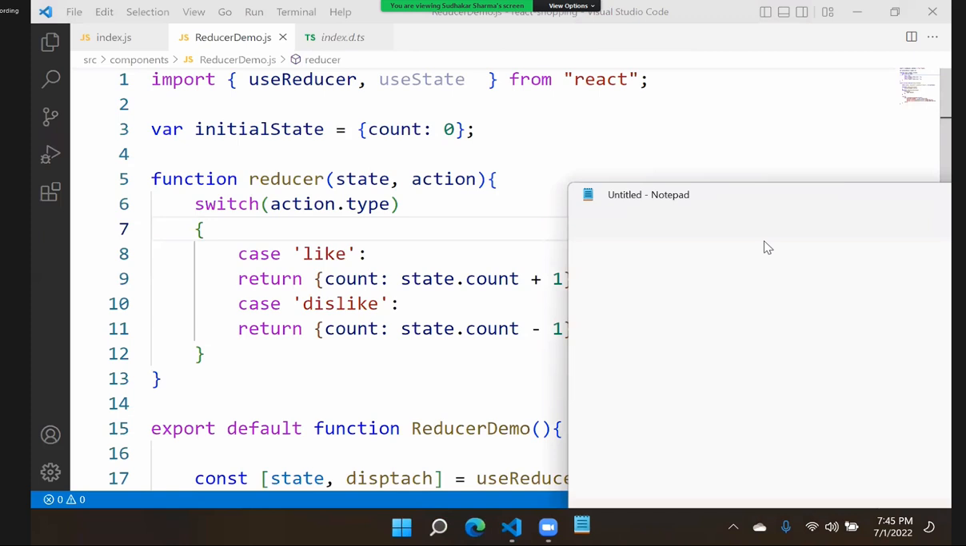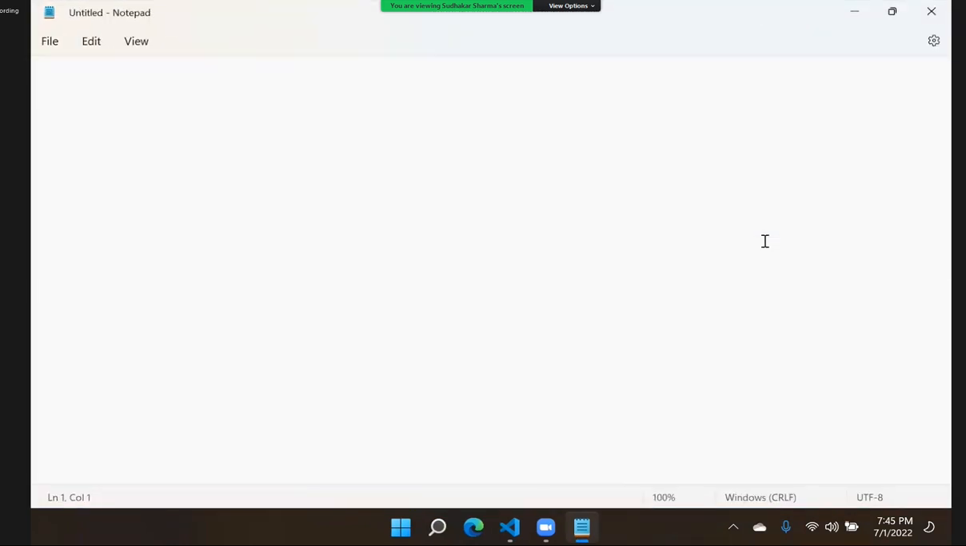So useReducer, as I told you, uses a state container which is going to manage data across multiple requests, right? Two options are there. One is reducer, another one is dispatch. Simple point: reducer